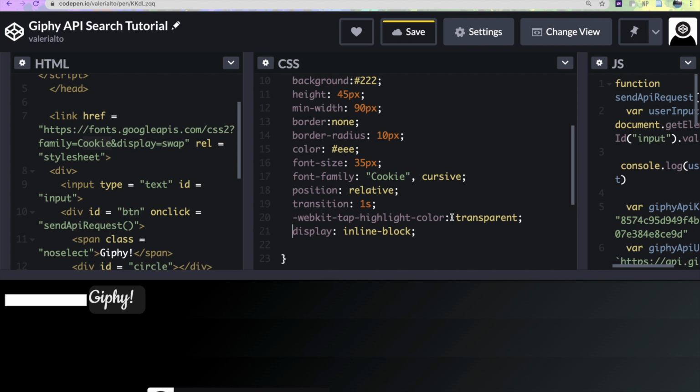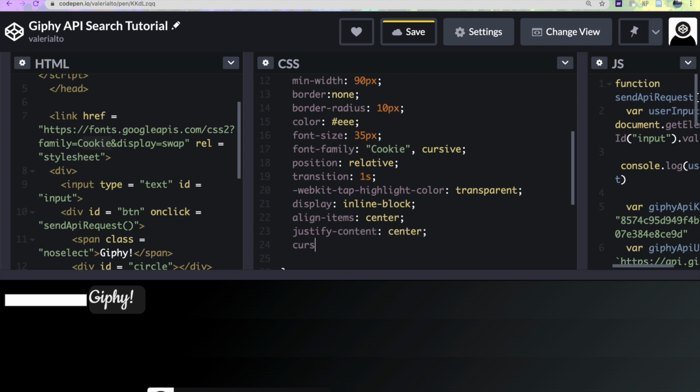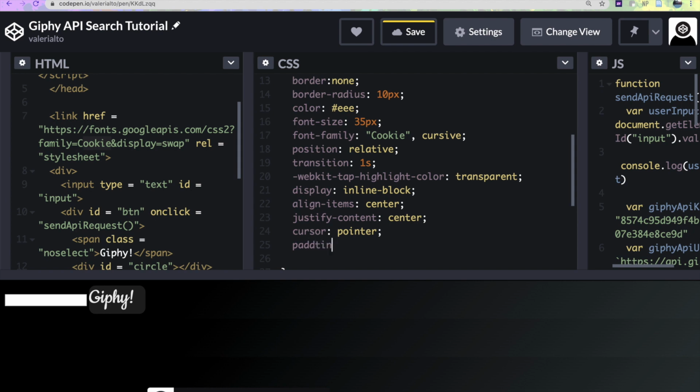Great. So the next piece is gonna be align, I can't spell, align items center. We're gonna have justify content center, cursor pointer, and padding